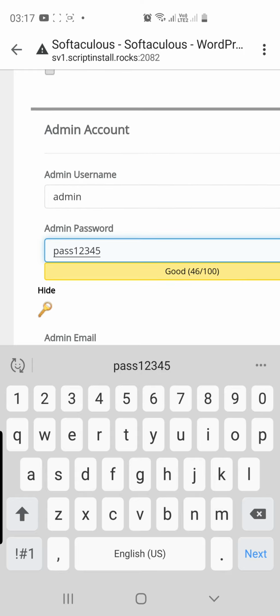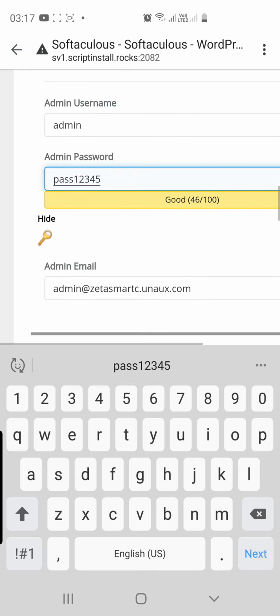Just for your information, for admin you can put any name you want, but this is the information that will be used whenever you want to log into your website. So whenever you are hosting the website, these are the two key pieces of information: admin and pass 1 2 3 4 5. This is the key for you to log in and make changes to your website.